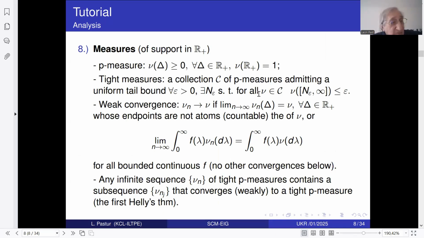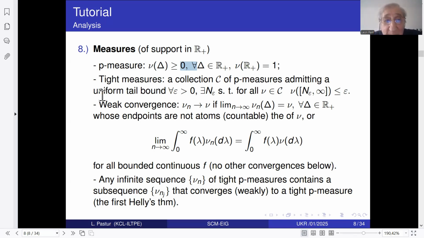Well, and now let me pass to certain facts of analysis which I am going to use. First of all, these are P measures. Just P, its probability measures. This is the definition: any non-negative measure such that its total mass is 1, and we are going to consider only measures supported on the positive semi-axis. So I assume R plus, not R.